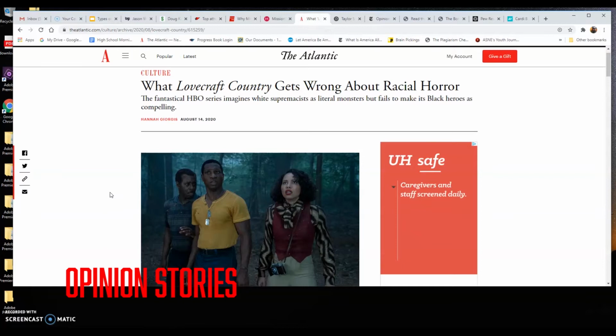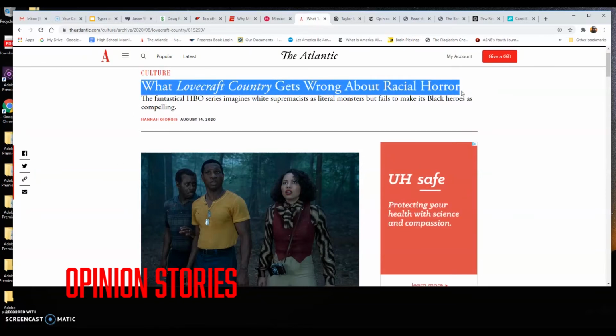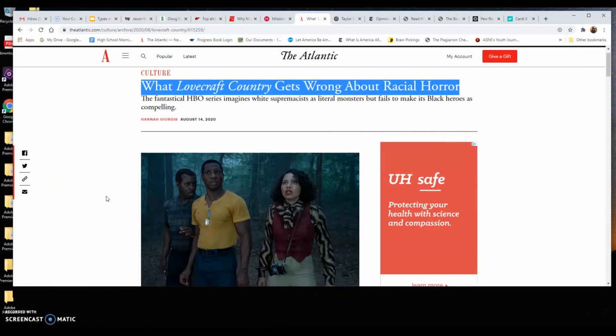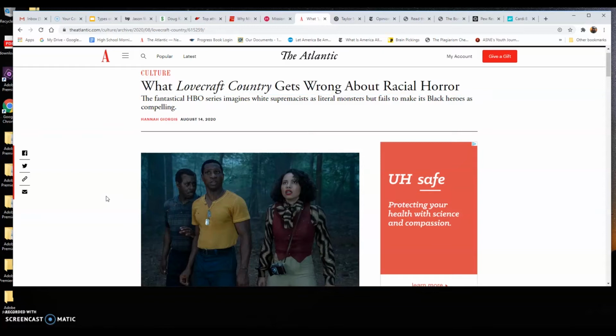So next we have opinions and editorials. So opinion pieces fall into a few different categories. This is like a standard opinion piece where there's an actual established opinion, firmly established there in the title, and then the piece is an explication, an investigation, an argument based on that opinion.